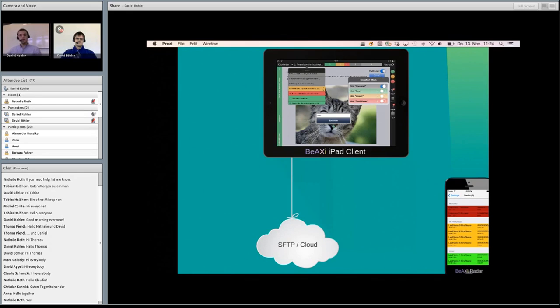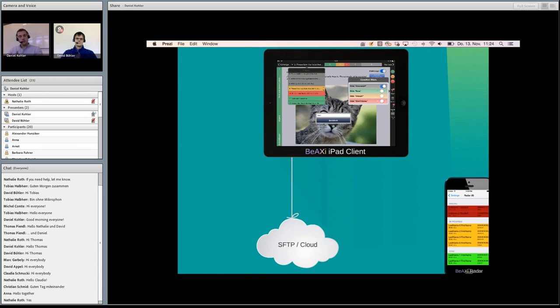And you see the connection there to the SFTP or cloud server. What could happen during an exam, and which is not very unlikely, is that the connection to the cloud server breaks down, for some time or for the whole exam time, and that's actually no problem.